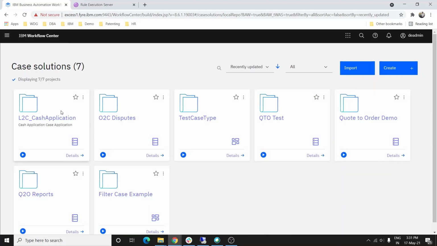Yeah, here also the case solution related to the cache application has arrived. So like this we can evolve it more for more components, like DataCap, FileNet, CA, etc.